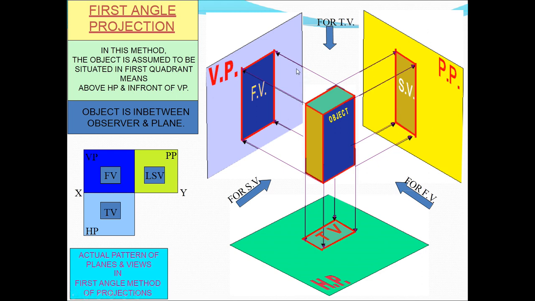This is how I will be representing the front view, top view and the side view. Coming to the diagrammatic representation, how do I draw? The vertical plane has the front view, the horizontal plane has the top view, and by projecting the front view I will have my left side view. Please make a note of how to draw the front view, top view and the side view.